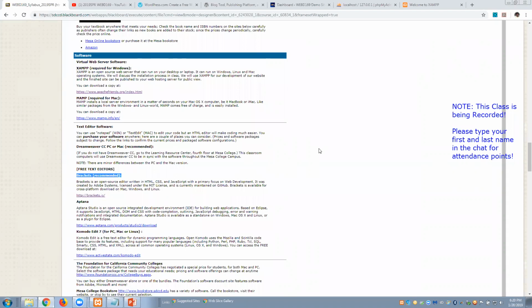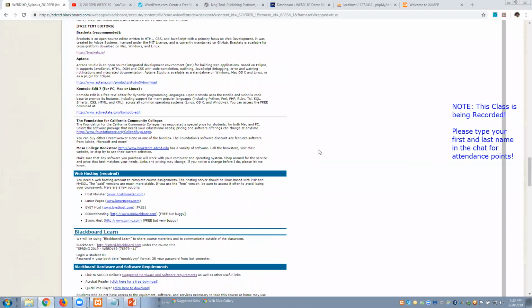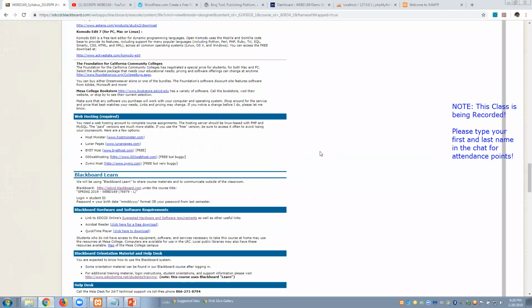You're also going to need an FTP client, File Transfer Protocol client. I thought I put it on here, but FileZilla is going to be the product that you're going to mainly use to move files back and forth. You're also going to need a remote hosting service. There's some free ones available. Paid ones are good, especially if you're going to be getting into the web development world and you probably want to publish your own sites. But for this course, you can use some free items.